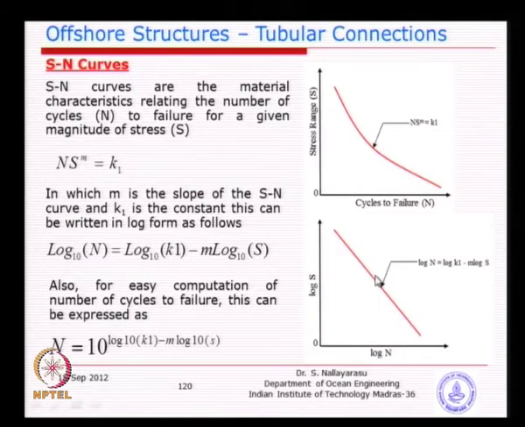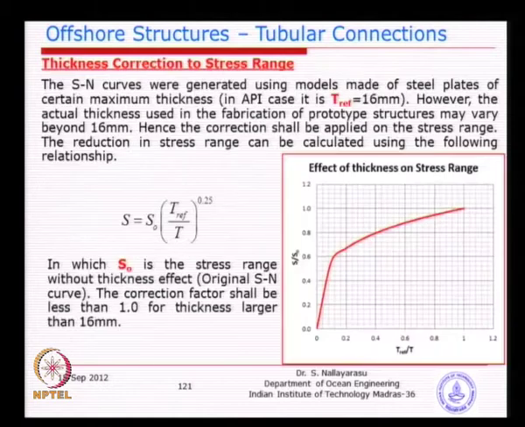So, that is called the thickness correction factor, or scale effect factor, because in real practice people use different thicknesses, whereas the tests were carried out for a reference thickness of 16 millimeter. Now, if I have a 25 millimeter thickness, the failure or crack growth could be different from a 16 millimeter thickness. In order to account for that, a correction factor needs to be applied. The correction factor is very simple: if the reference thickness is 16 and your thickness is also 16, then it becomes 1, there is no correction required. As long as the thickness used in your actual design is higher than this, the correction factor will always be higher than 1.